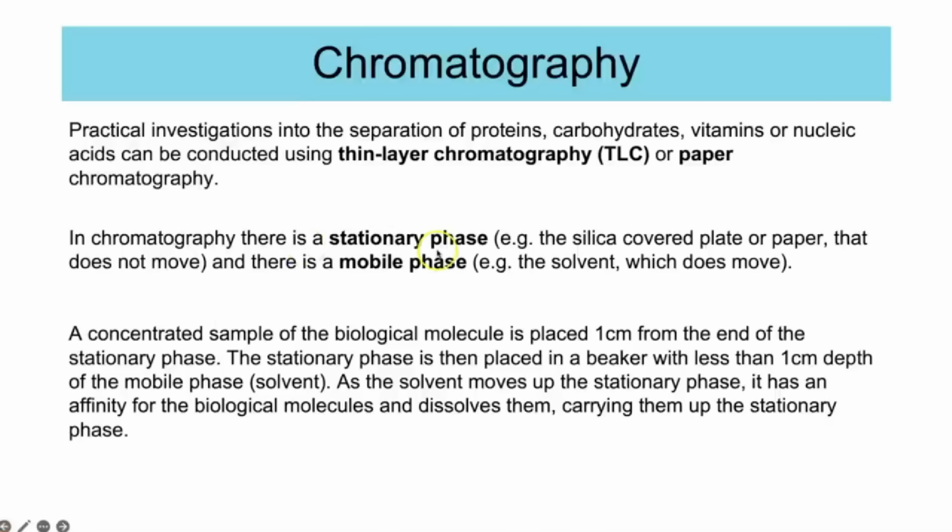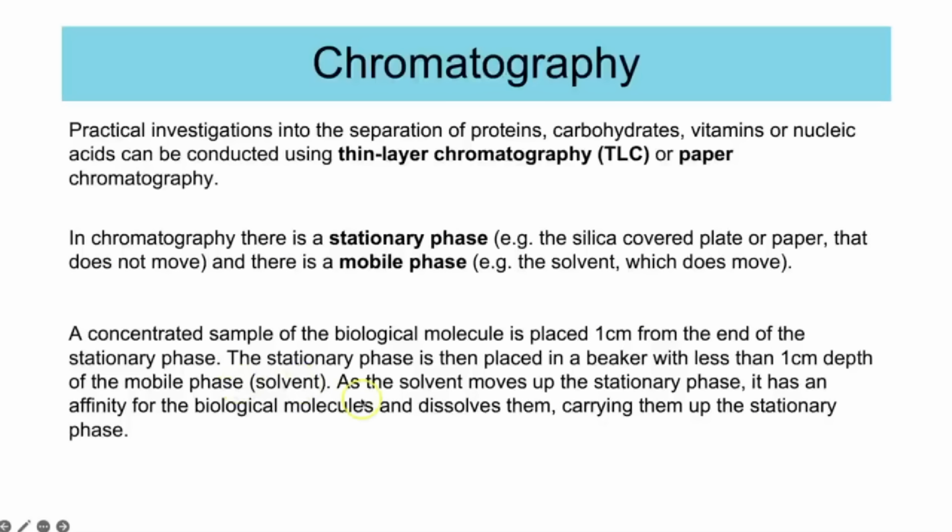In chromatography, there's a stationary phase, for example the silica-covered plate or paper that does not move, and there's a mobile phase, which is the solvent that does move. A concentrated sample of the biological molecule is placed 1 centimetre from the end of the stationary phase. The stationary phase is then placed in a beaker with less than 1 centimetre depth of the mobile phase,